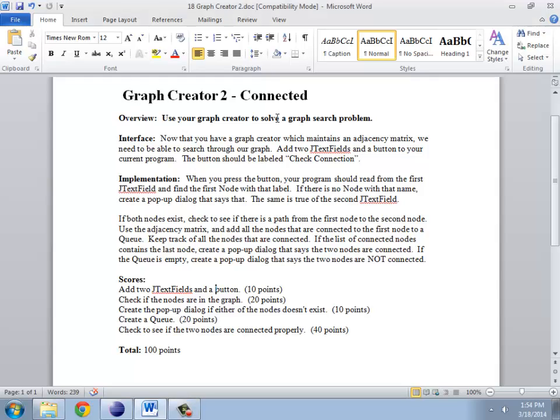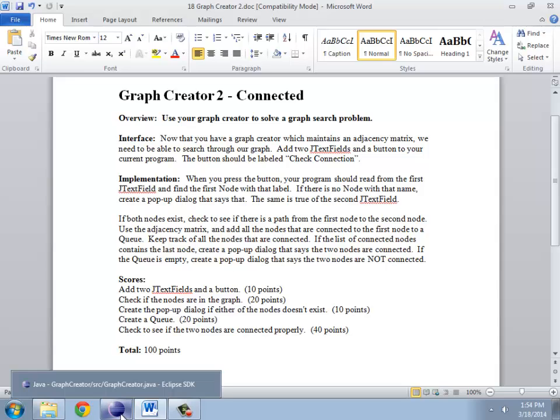Graph Creator 2 is the second part of basically a three-part series of projects where eventually we're going to be solving the traveling salesman problem. We're doing this in a series of stages because there's a lot to it, so it's going to be broken up into a series of projects. So now that we have our basic graph creator, where you can actually place circles and nodes, and it has an adjacency matrix and all of that stuff,